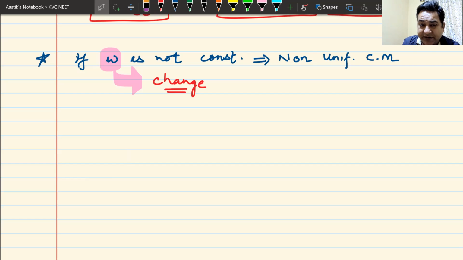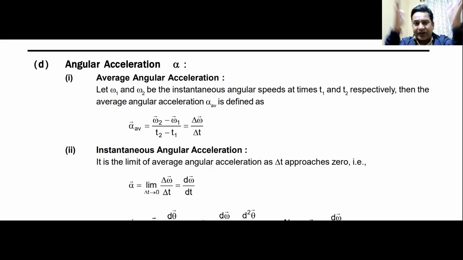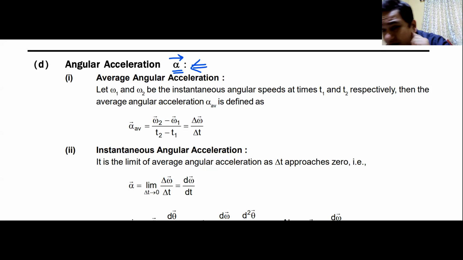There it was denoted by the letter A. Here it is denoted by the letter alpha, which is a Greek alphabet, which is coming to your screen right now. It is on your screens. Angular acceleration is denoted by the letter alpha. It is a vector quantity, so you can write a vector sign on top of it. Angular acceleration is a vector. Again, there will be two types of angular acceleration. No point of telling you what those two types would be.